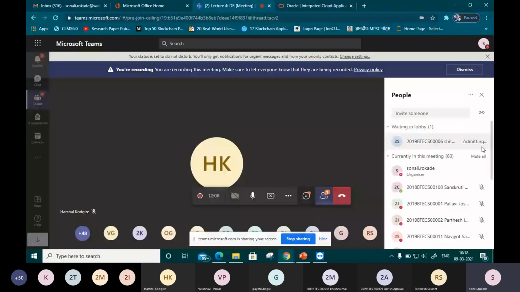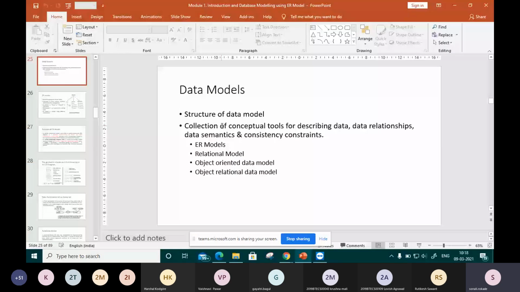So how many models are there? Data model, in short, we can say is the design of our whole database. We also have another definition: the structure of data.